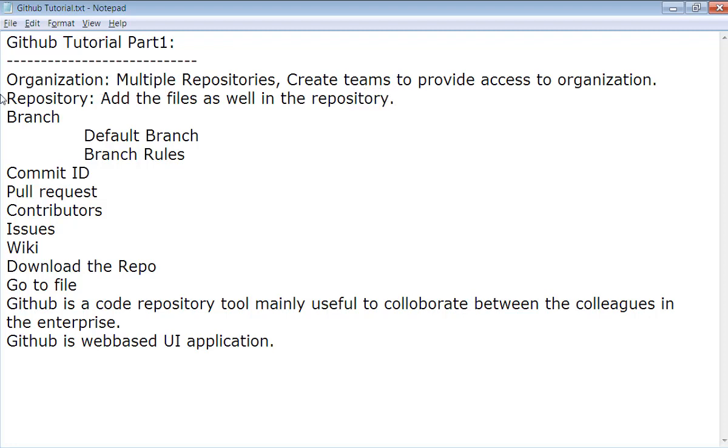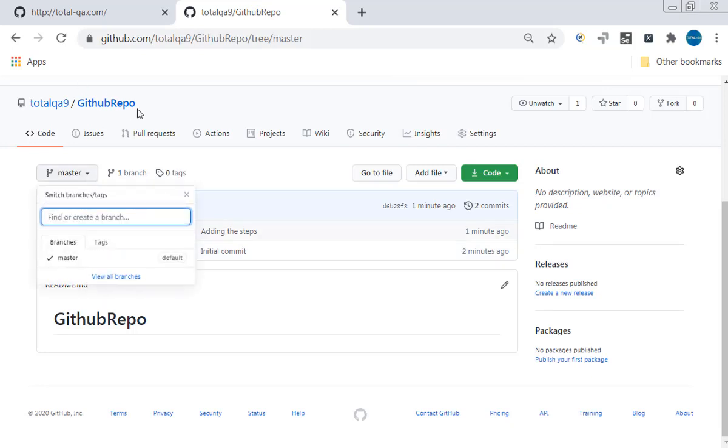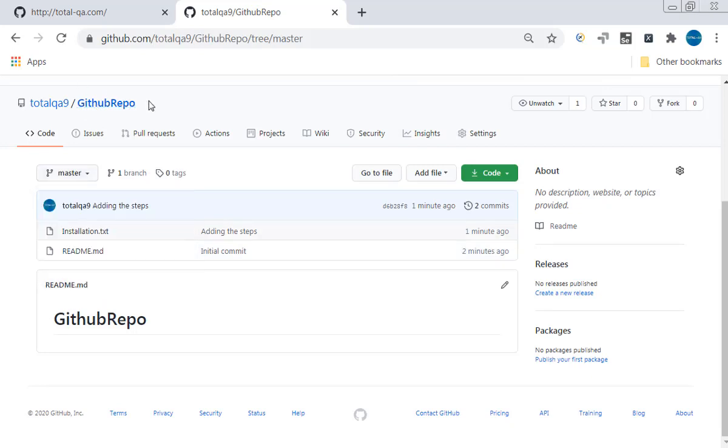Now, branch. What is the main use of branch in a repository? In a repository, we have a branch. What does it mean? So if you look at here, this is the repository name. The GitHub is the repository name. The GitHub repository contains a branch, master branch.